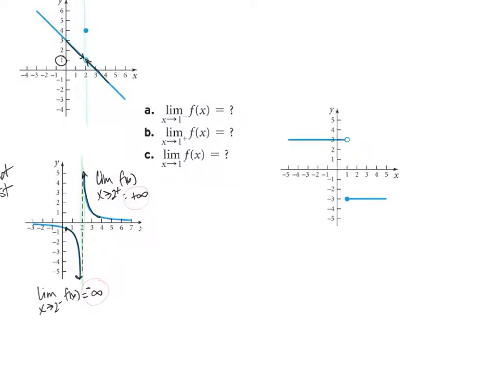We've got one more graph here, so let's take a look at that. Okay, part A. Again, each of these is as x approaches 1, so I'm going to put in my wall at x equals 1. And again, the idea is as I approach the wall, what height am I attempting to hit the wall at?